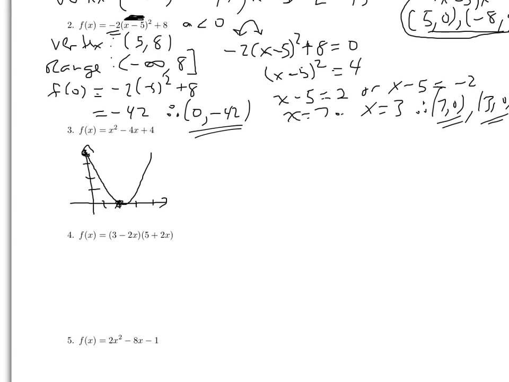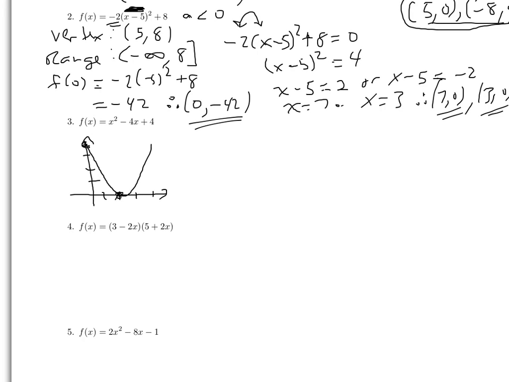Number 4 does show us a different form. So again, finding the vertex first is not always a great idea, because this is not written in a form that highlights the vertex. This form highlights the x-intercepts. So let me start with that. I'll start with the